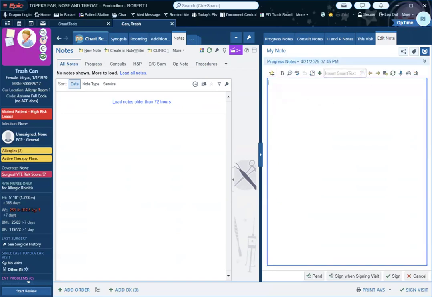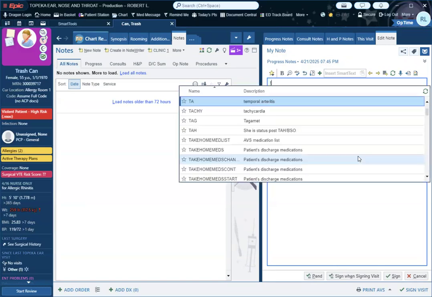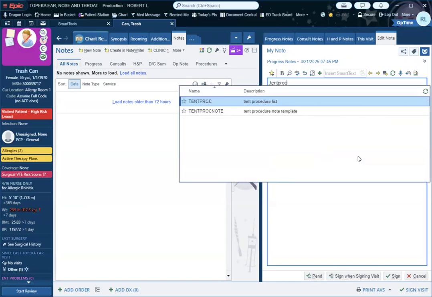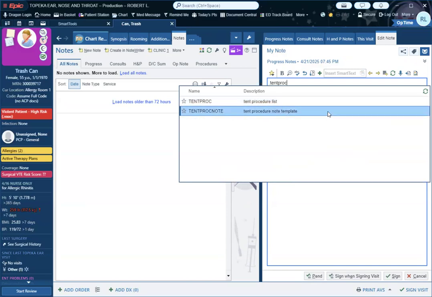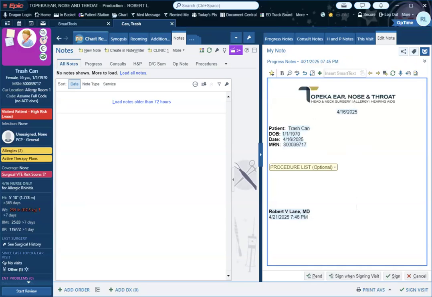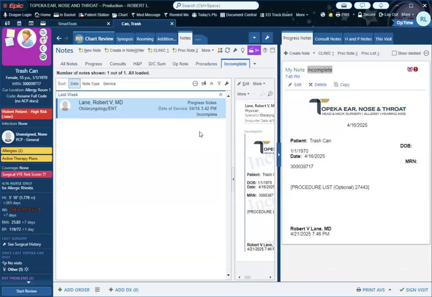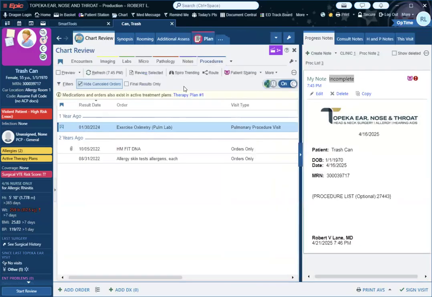And you'll notice, well, I don't have any buttons. Nope, the buttons went away, so you have to use a smart phrase. You can get there by doing .tent proc and going to your procedure note template. And then you'll see the same template there. And then, say we penned it. Now, when we go to chart review,